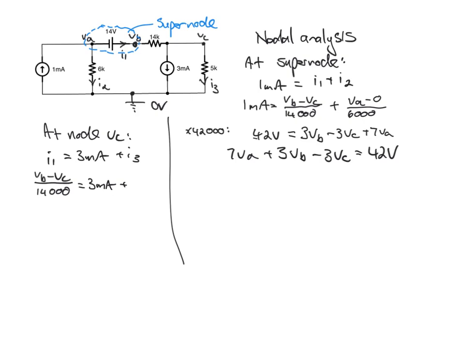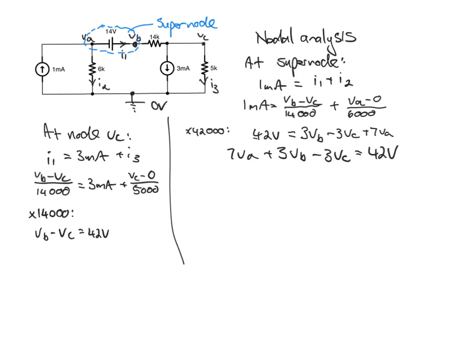I3 is flowing like this. So it's flowing from node VC to our 0 volt reference node through the 5 kilo ohm resistor. So we've got VC minus 0 divided by 5,000. If we multiply that out by 14,000, we get VB minus VC is equal to